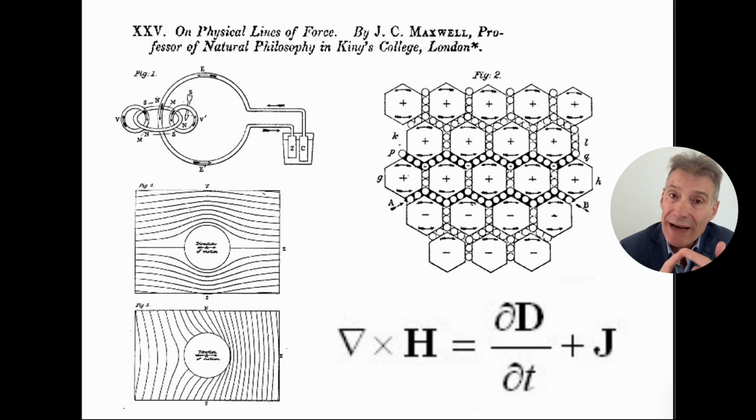Maxwell calculated mechanically how fast this vibration would travel, and the answer came out very close to the velocity of light. And so Maxwell concluded, and I quote, "We can scarcely avoid the inference that light consists in the transverse undulation of the same medium which is the cause of electric and magnetic phenomena." So just as Faraday had speculated that light was a vibration in his lines of force, Maxwell had now